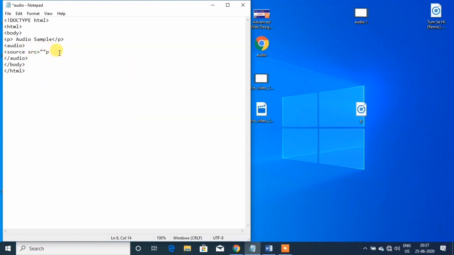Once you paste the audio file, then mention its type mp3, so the audio file p.mp3, then complete the double inverted commas. Then specify the type of file, type equal audio mp3, because whatever type of file you are going to add on the web page, that type you have to specify. This also you have to write in double inverted commas, and then complete the angular brackets and save this file